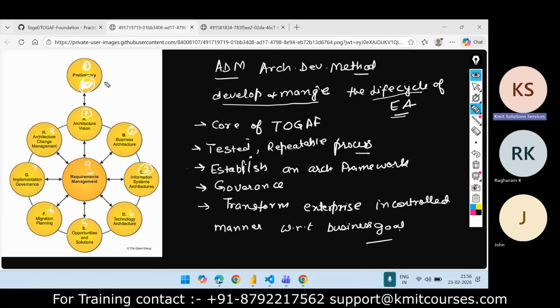And this is an iterative process. It is continuous. For example, you have completed all the phases, and a new requirement comes. Again, you run these phases again.